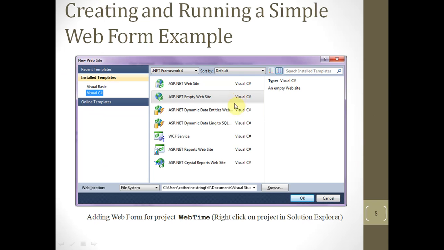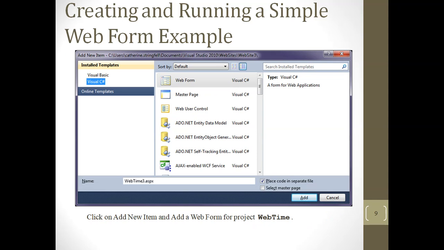First of all we have to move to the ASP.NET empty website. In case of ASP.NET, we will always start a new website, and we will select ASP.NET empty website. We will not select console application, new console application, and we will not select new Windows application. We will select a new website, and inside it we will select this ASP.NET empty website, and then we will click on the OK button.